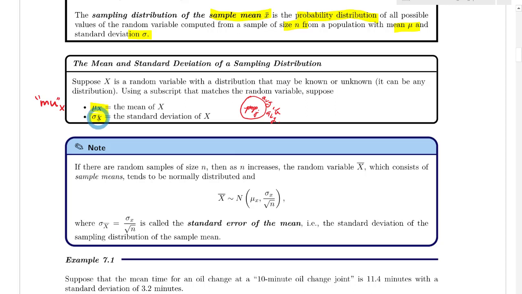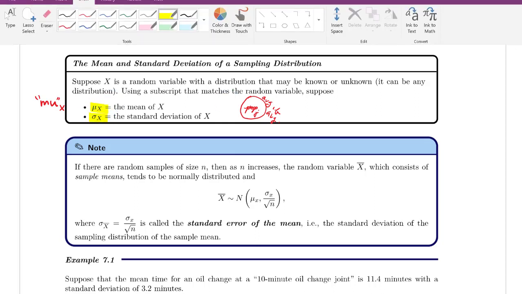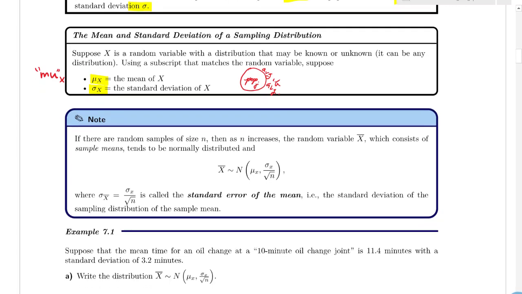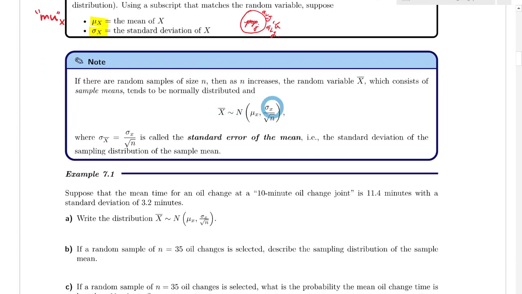Essentially, because we're assuming we're taking so many samples and larger and larger sample sizes, these end up being the same as the population. But we put the sub x as a random variable to demonstrate to the reader that we're doing it from a sampling distribution. That's all. The box below puts it the way the book has it, as the distribution. Now notice this x bar, the average of the averages,